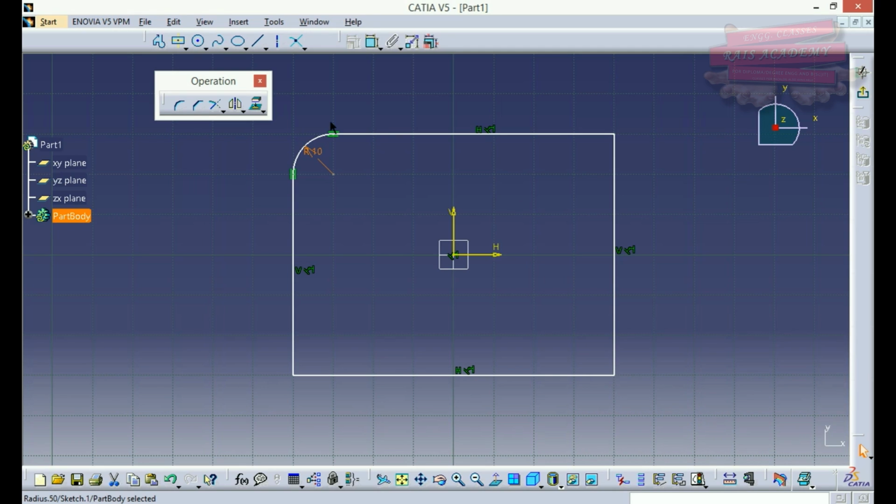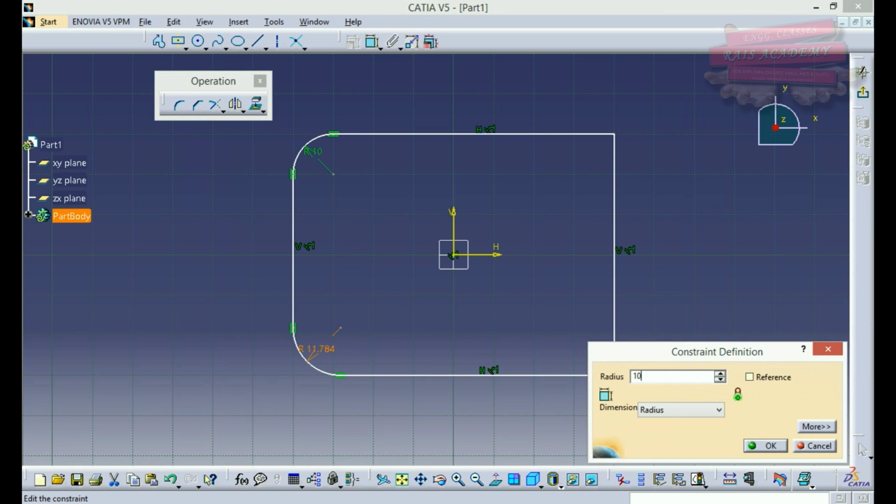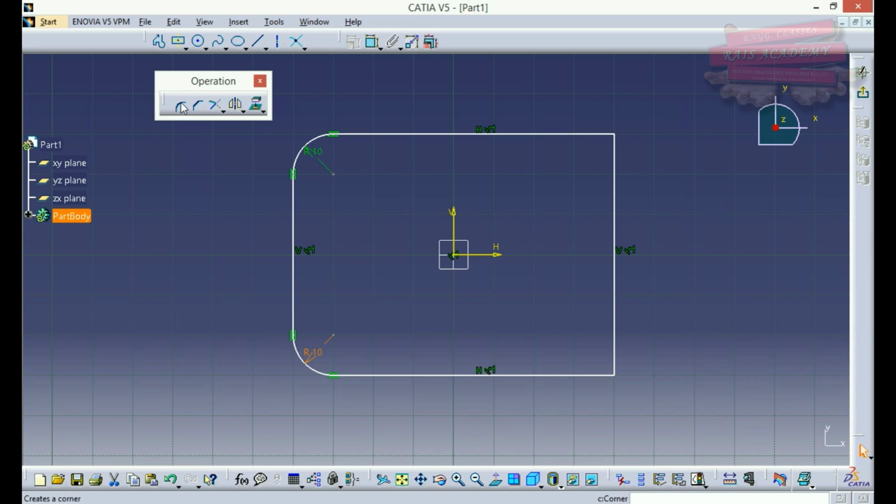So suppose this is a square plate having a fillet of radius 10. I can use this command to generate the similar kind of fillet over here also.